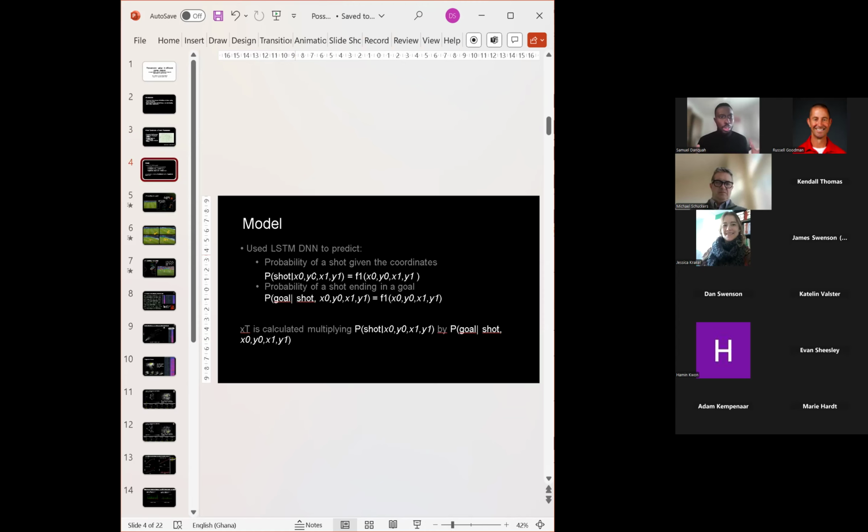So now let's talk about the model I used. There are a plethora of models that are being used in determining the value assigned to actions on the field. There are a lot of them, developed by Sarah Rudd, who came up with the Markov chain to predict possession value. And in recent times, we have Karun Singh, who did a presentation during one of the StatsBomb conferences and also came up with the expected threat possession value.